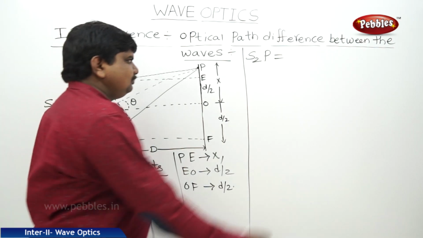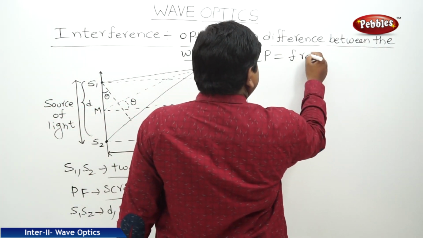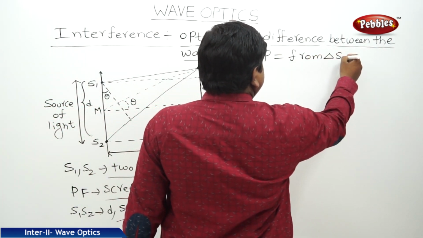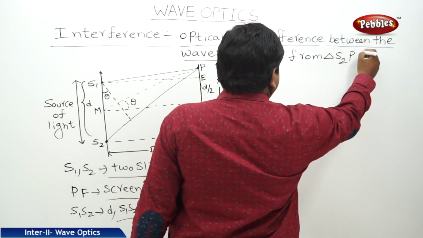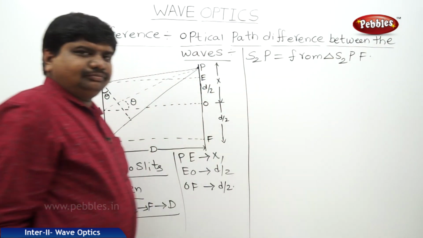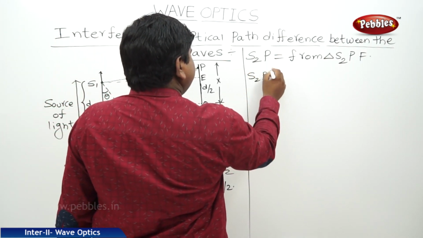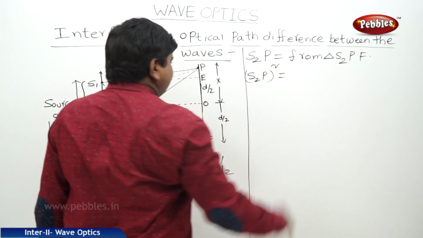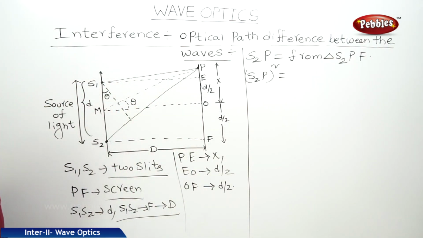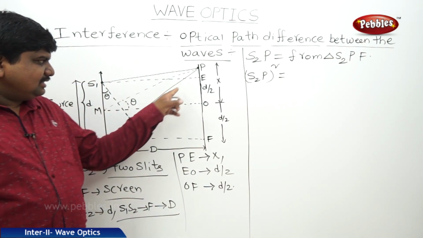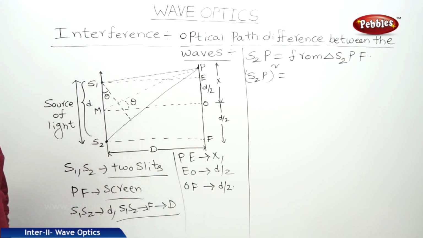So from triangle S2PF, S2P whole square is equal to, S2P is like a hypotenuse if you see the triangle,